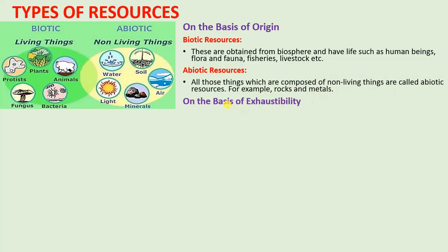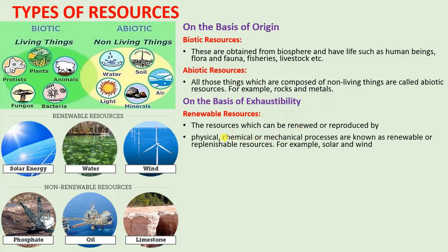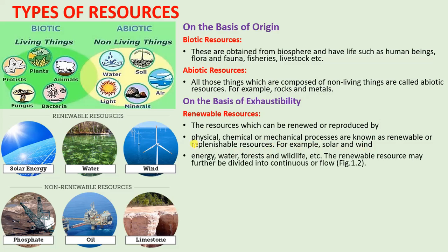On the basis of exhaustibility: renewable and non-renewable. The resources which can be renewed or reproduced by physical, chemical, or mechanical processes are known as renewable or replenishable resources. For example, solar and wind energy, water, forest and wildlife, etc. These renewable resources may further be divided into continuous or flow,